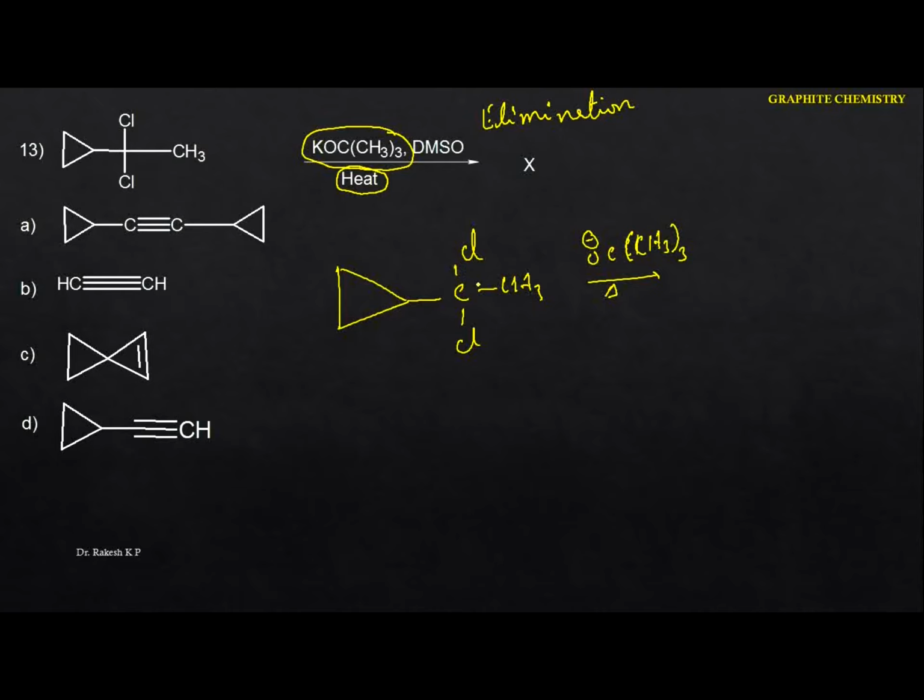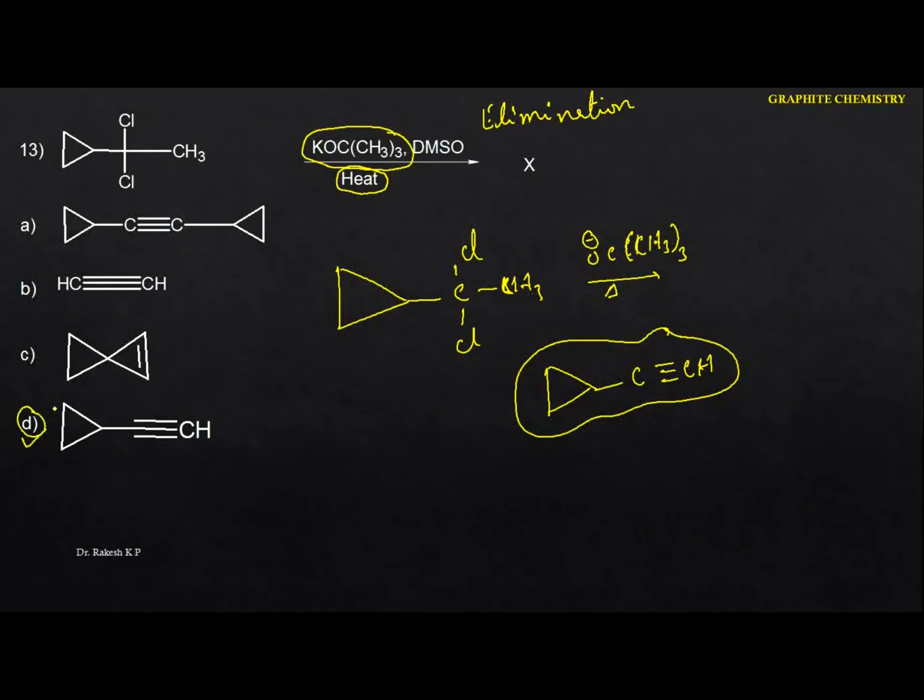Because you have to eliminate the hydrogen as well as the chlorine, it undergoes dehydrohalogenation here. But here we can't remove the hydrogen, because to remove the chlorine you require a hydrogen. Hence there are 3 hydrogens in this case. Hence we can identify this product here: C triple bond CH. So this is dehydrohalogenation, nothing but beta elimination. Hence in this case the option is D.